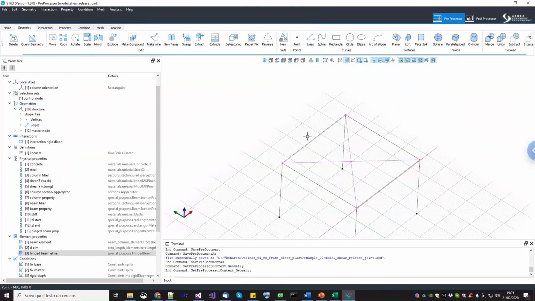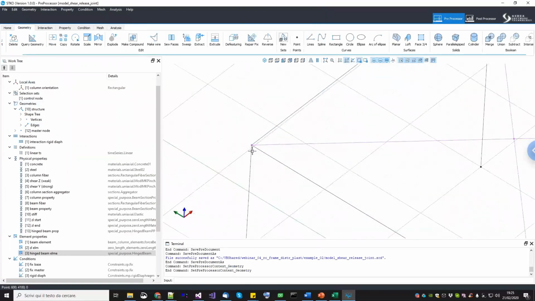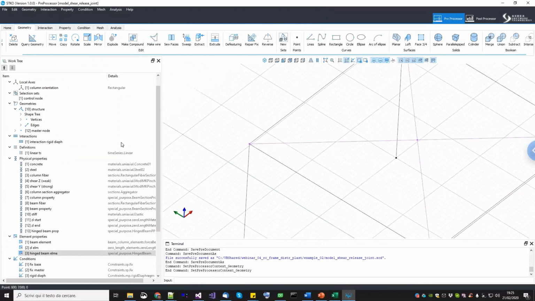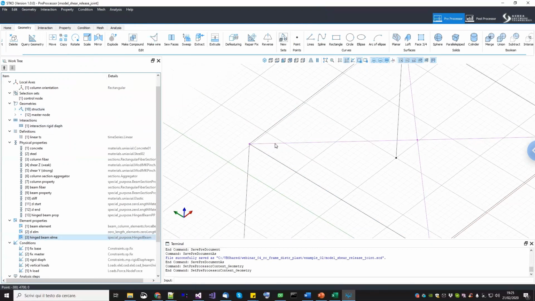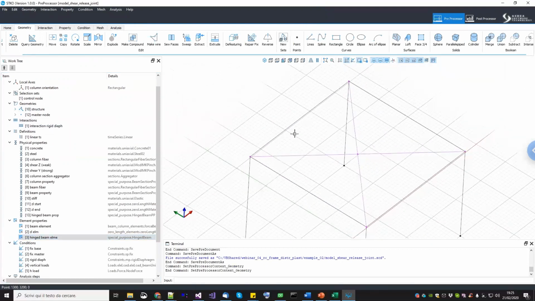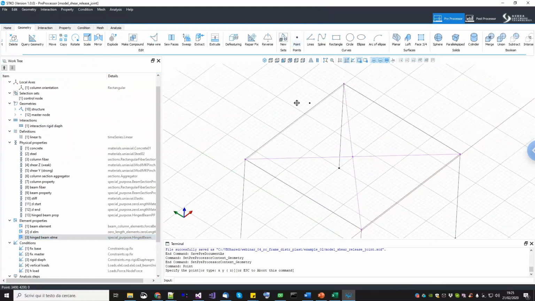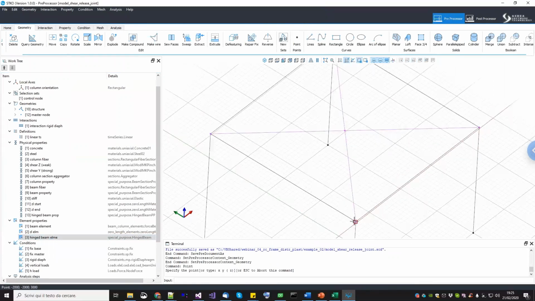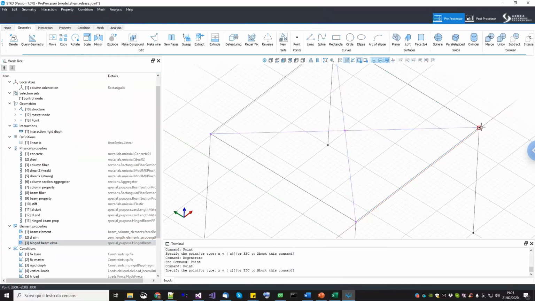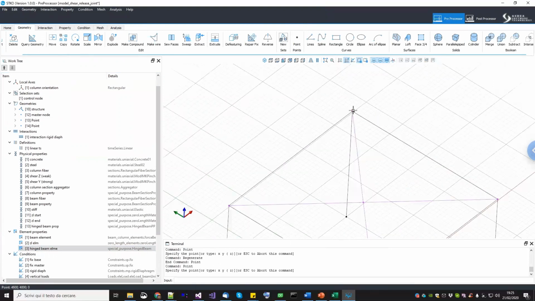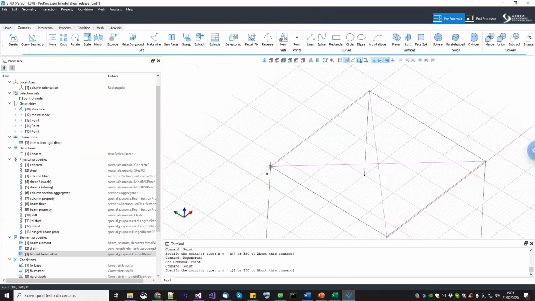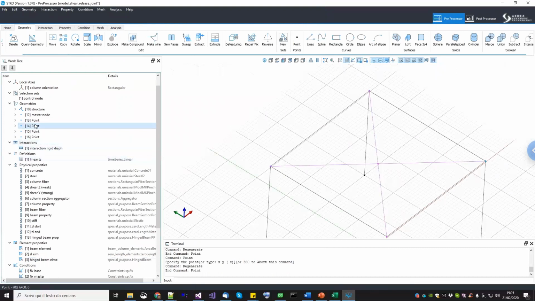So back to the geometry. What we need to do now is to detach all these beams and this column from this node. Then we will duplicate this node to create the scissor model for the joint. So how can we do this? Well, the first thing that we need to do is to create 4 support points here. Once again, here, here, and here. So we have 4 points that we are going to use to copy and cut the other